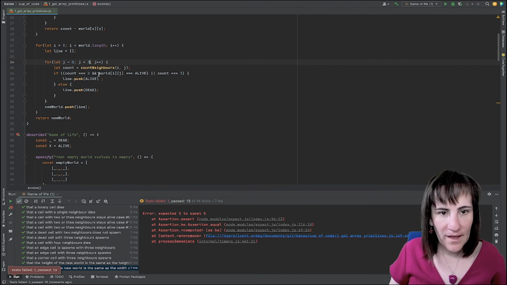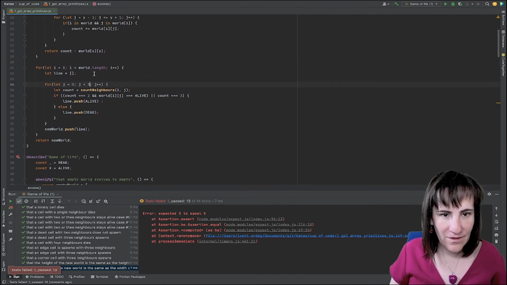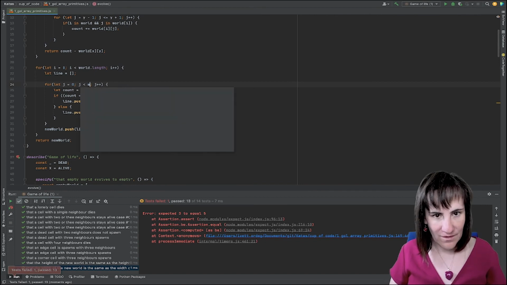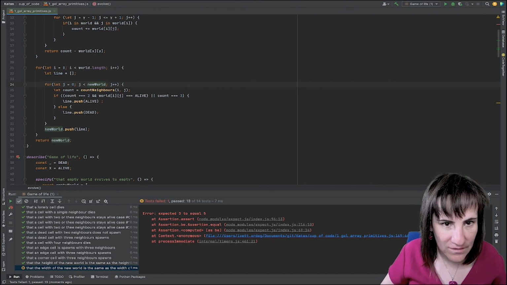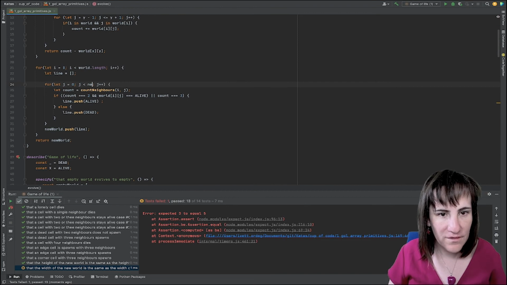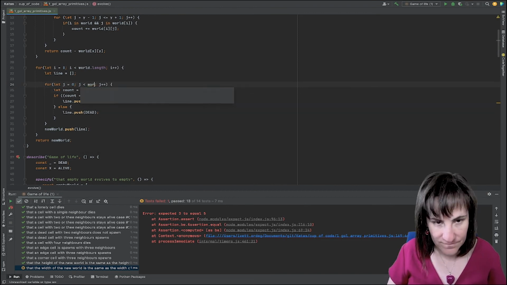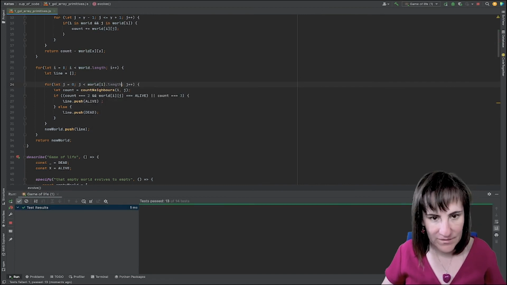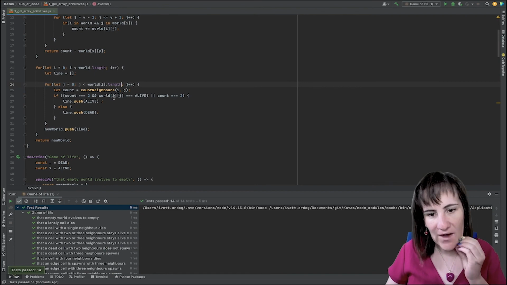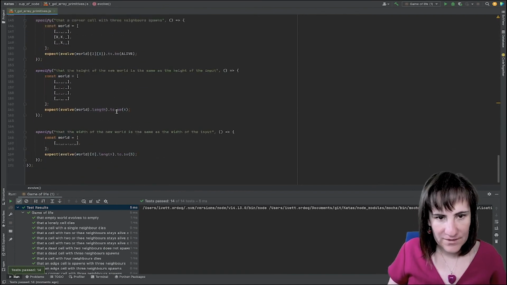Okay, and that still doesn't work because it's the world's length that actually matters. Actually, the world I length, so it's the width that actually matters there. Okay, so now everything is passing,